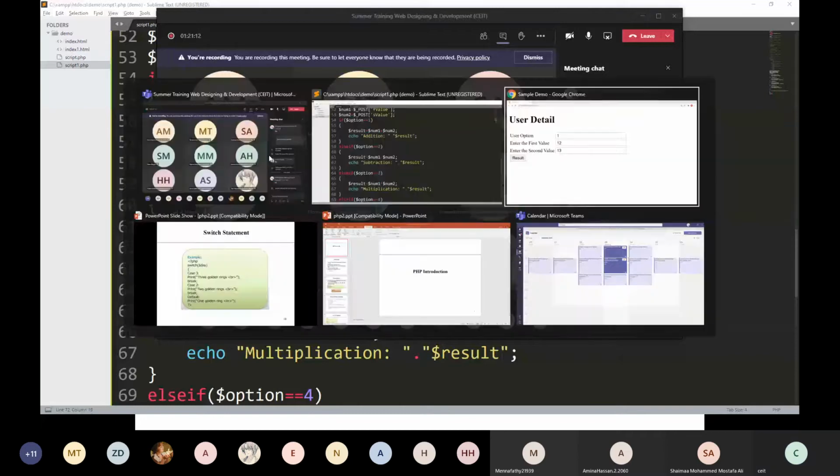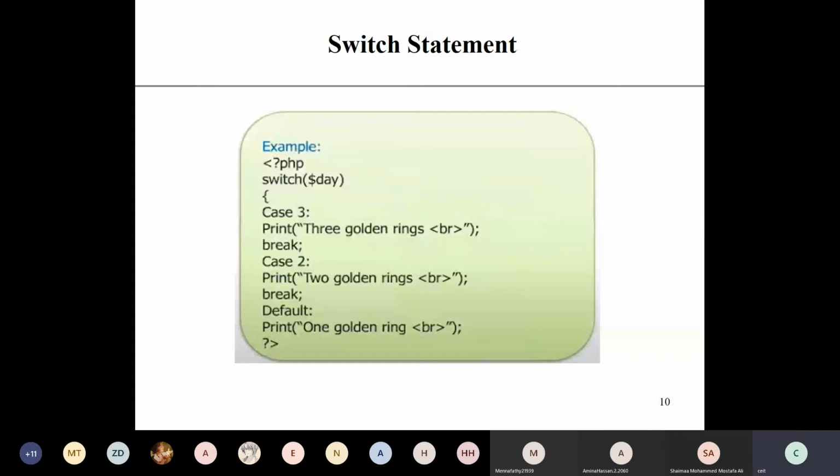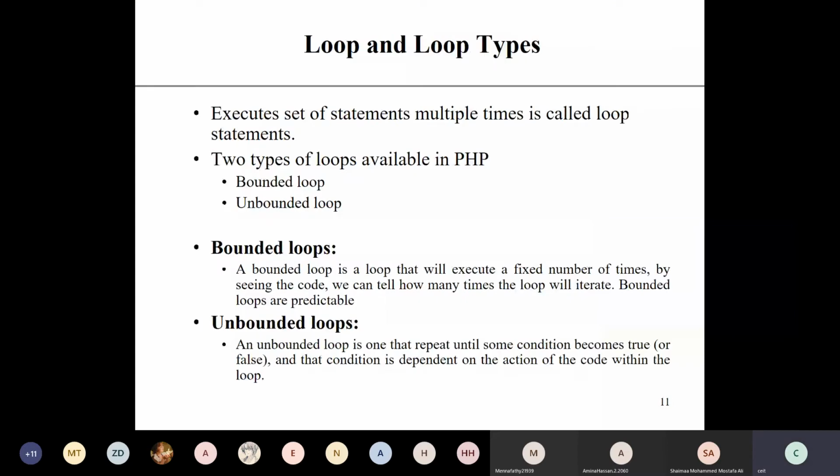Okay, then we will move to loop. See, if else and switch case are known as decision making constructs because they work based on the condition. If the condition is true, then do this thing. If the condition is false, then follow this path. Loop is what?